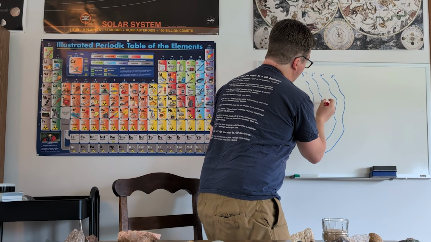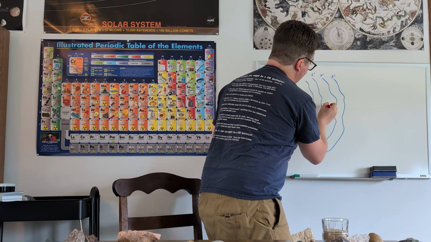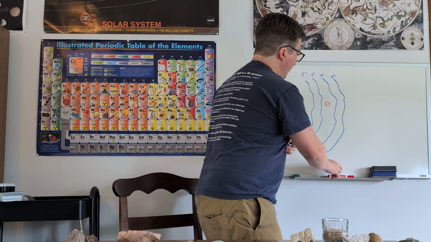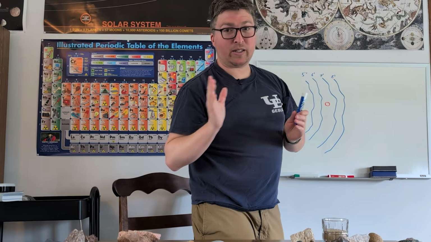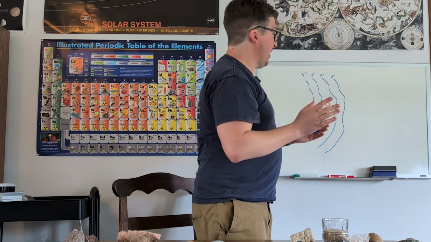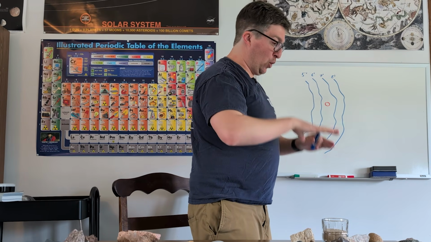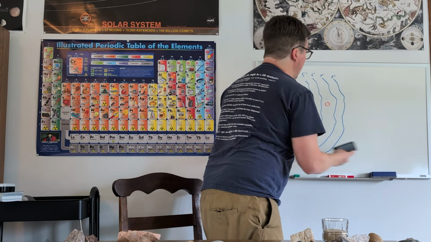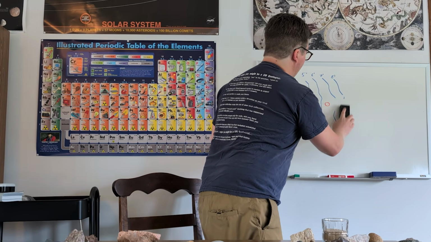We're going to drill our well right there. Well, as water gets pulled up out of the well, it's going to lower the water surface in that area. And so it's going to change the topography